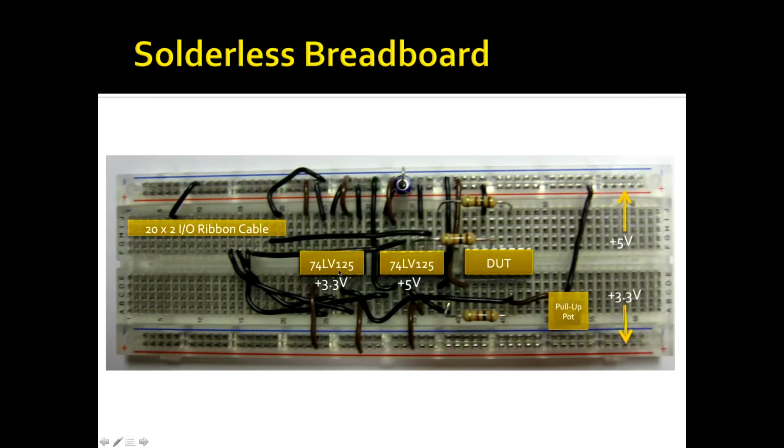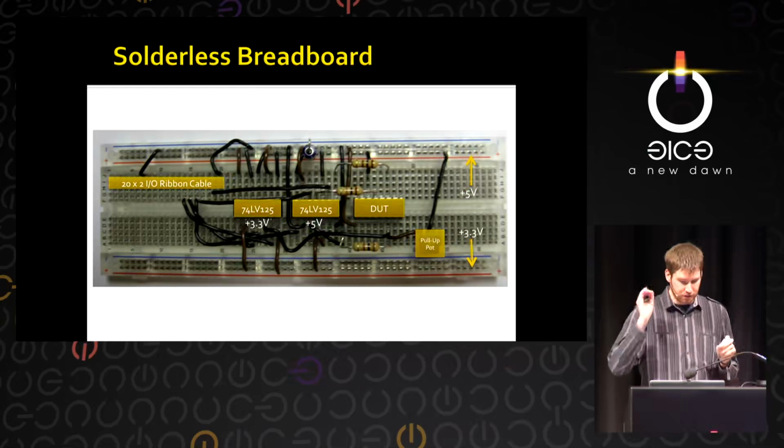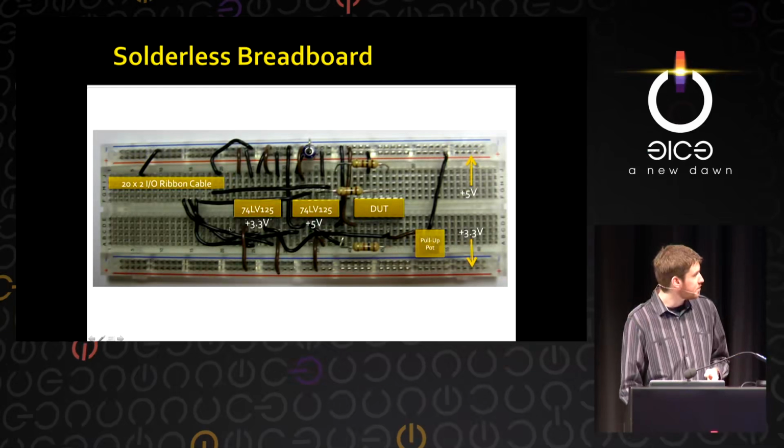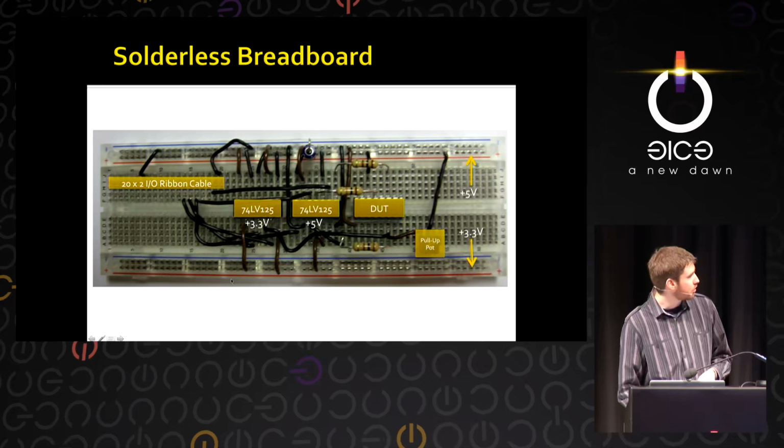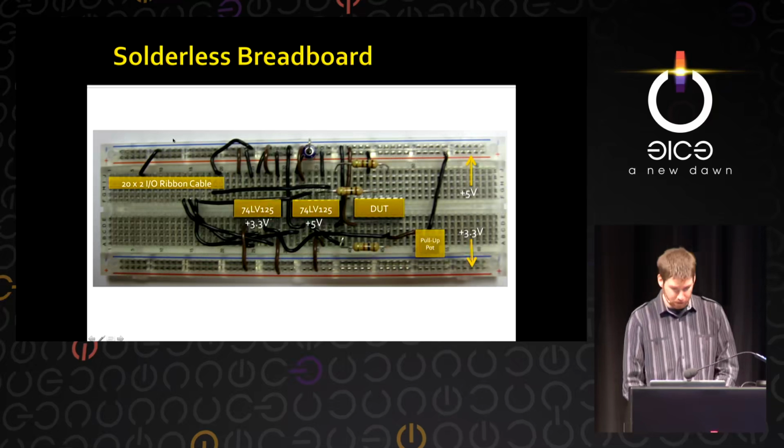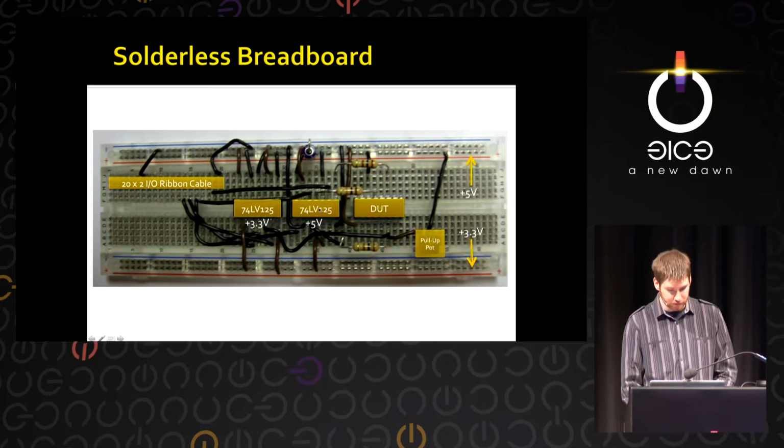The LV is important. So 125 is just a buffer that takes an input signal and provides an output, and beside each pair of those input-output pins, there's an output enable pin that lets you float the signal or drive it. And the LV is important because it's 5-volt tolerant, so you can power the device with 3.3, but it'll accept 5 volts as input. So any outputs from it will be 3.3, but let's say your device runs at 5 volts, it can output its signals to the input of this as 5, and then this will output them at 3.3 to the FPGA where you won't blow it up. Whereas if you drive the FPGA at 5, it won't last very long.